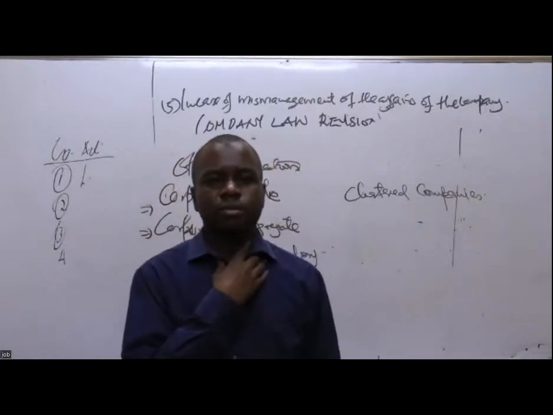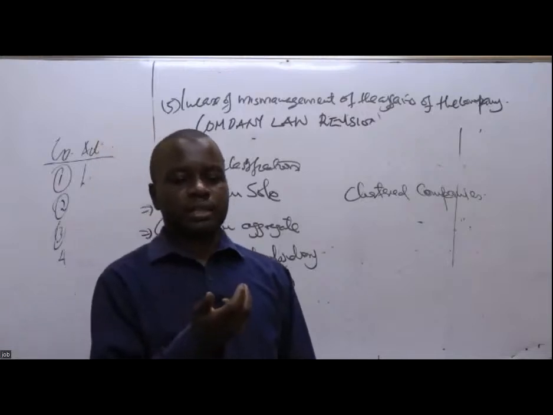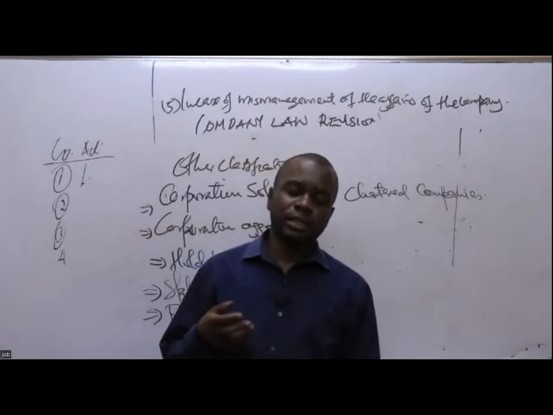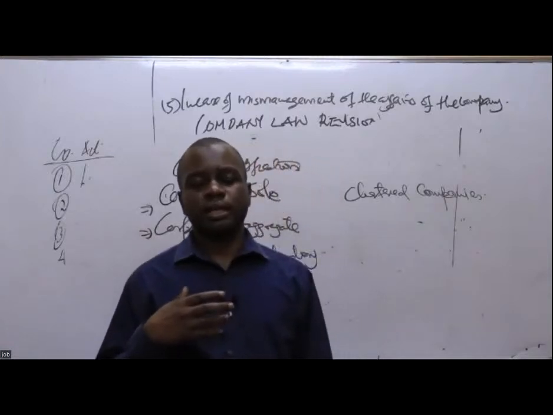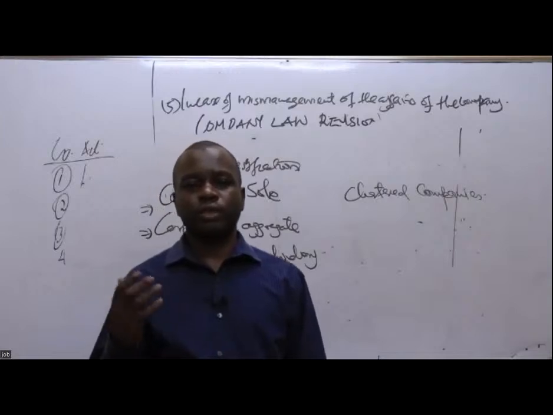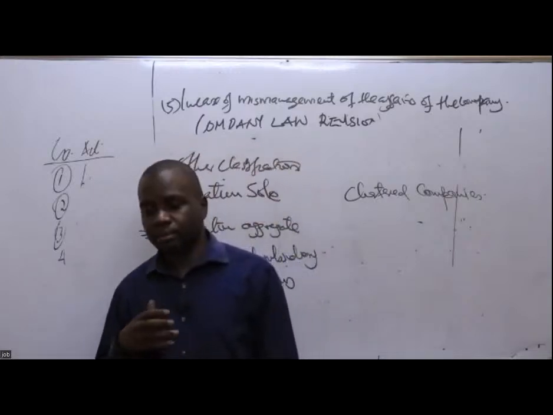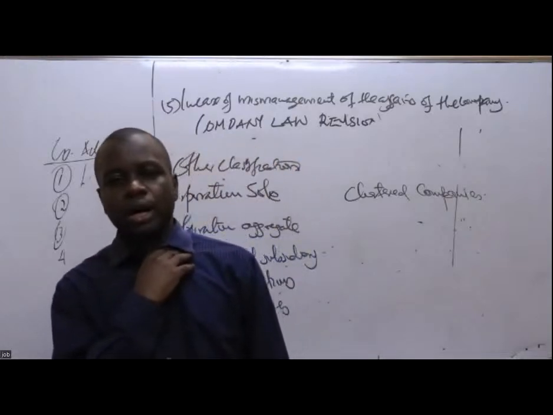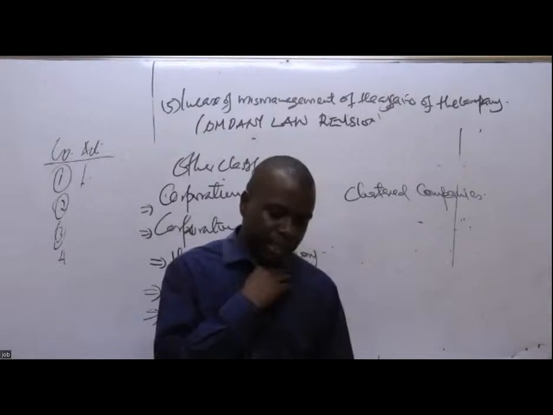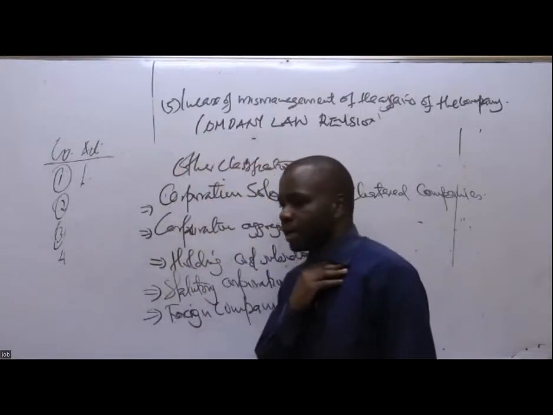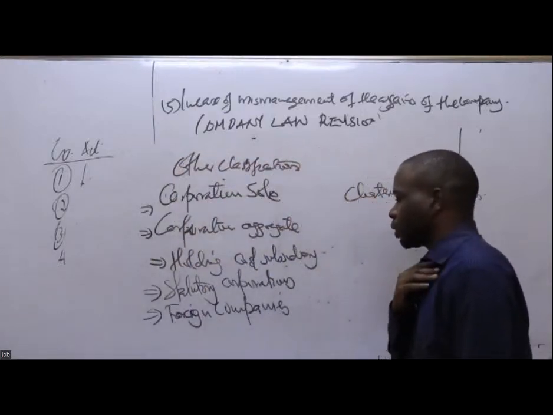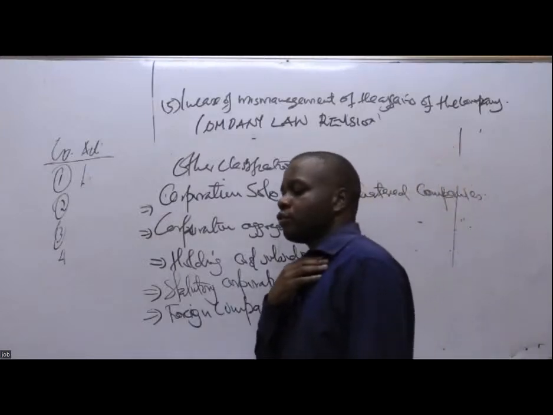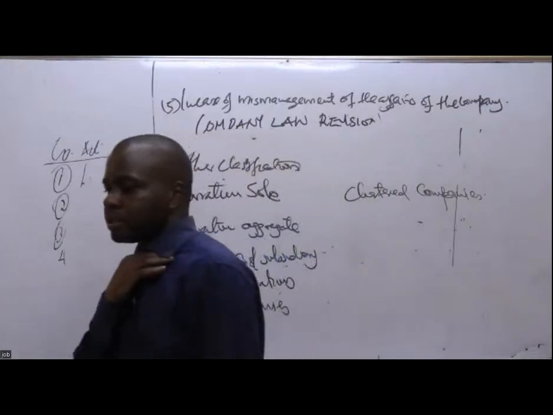It is like some form of corporation because it can have assets. It is an independent office. So no one is inclined to it. When his term expires, he goes away and the office still remains. Another person assumes the office. So it is actually an independent office that is usually held by a sole person, and there is what we call succession in the office. An example: office of the bishop, office of the president.